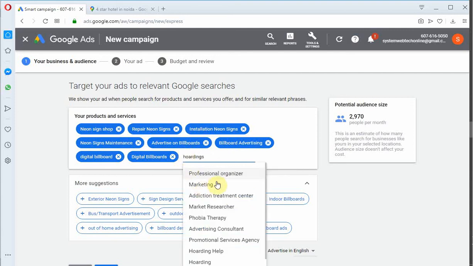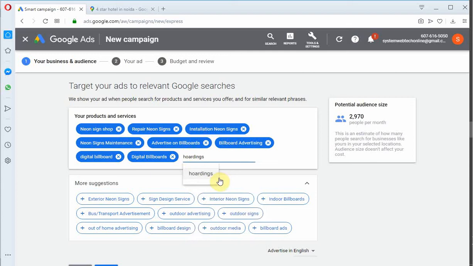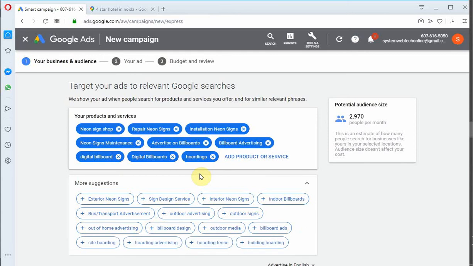So it will take services. According to the services, you don't need to fill the keyword here, just add your product and service. And it will show you according to your product and service.